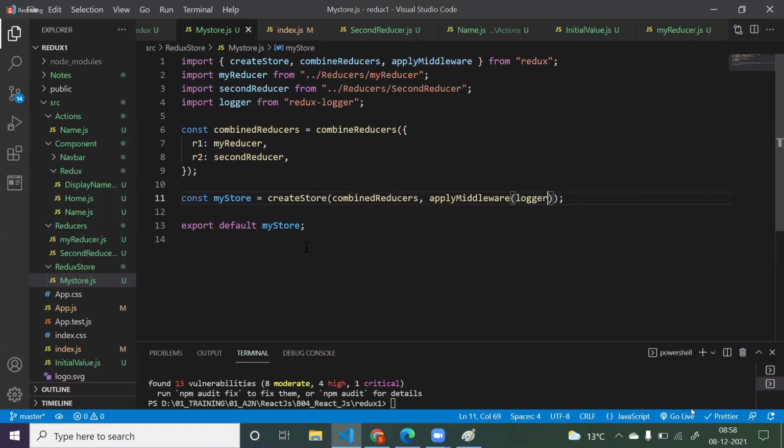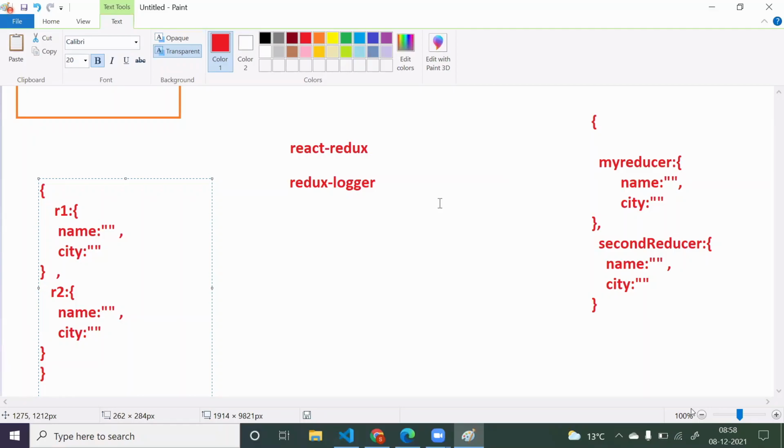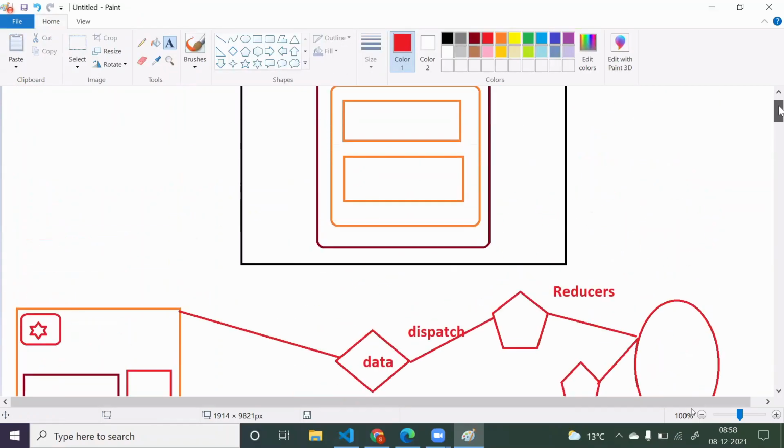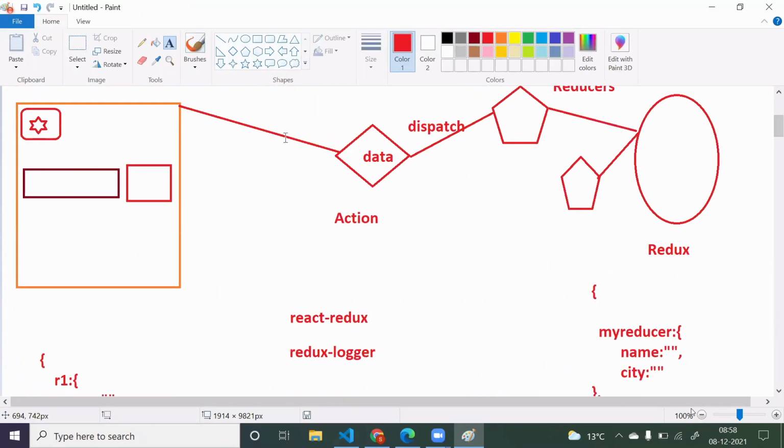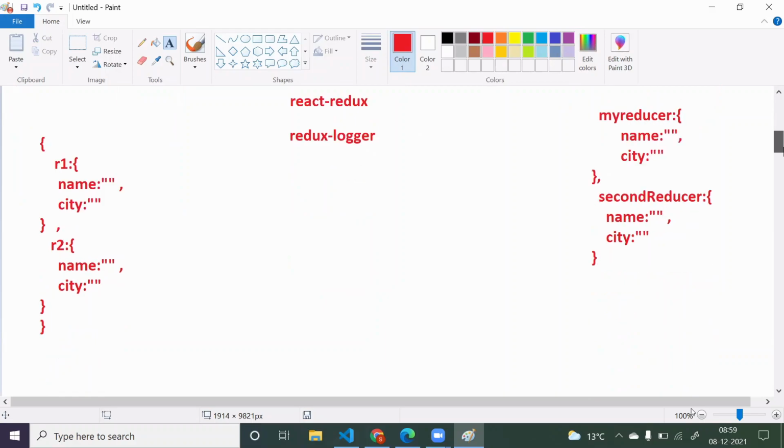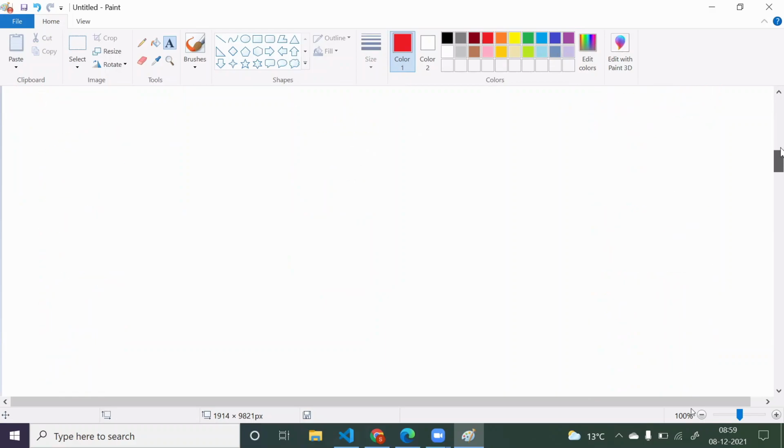Okay, so I will give you all these step-by-step notes. I have not written any notes here. So I will write all the steps, like what you have to follow. First, what you have to create. Second, what you have to create. So I will make those notes, and I will give you all those notes by tomorrow. I will create everything as step-by-step notes for Redux, and I will give you those notes.